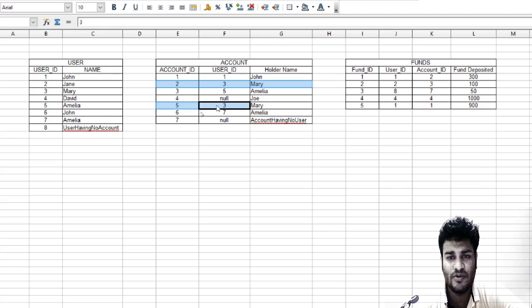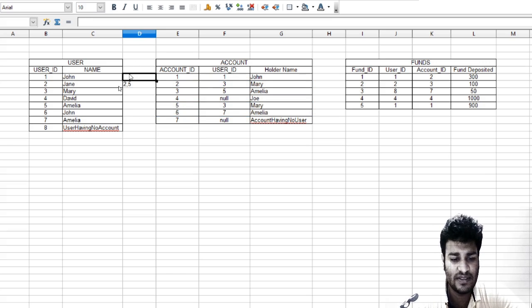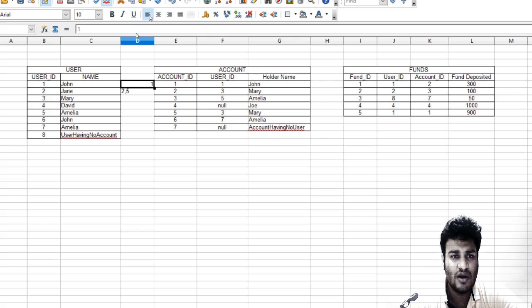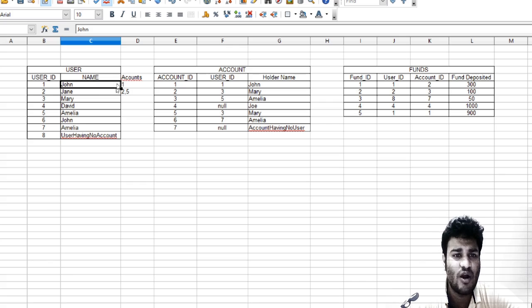So there should be in total two accounts, which are 2 and 5. So here we can have 2 comma 5. Here this person has only one account, which is 1. In a similar way, we want to see which persons have which accounts.